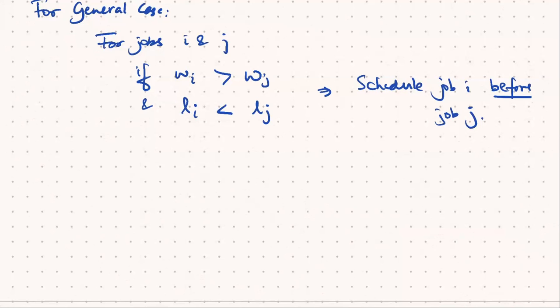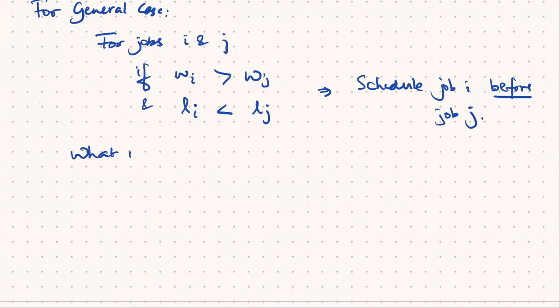So trying to generalize now from our special cases. We said the lower duration job should come first, or we are saying the higher priority job should come first. If the weight of i is greater, then you schedule i before. Okay, so this is fine. This looks good, but of course,